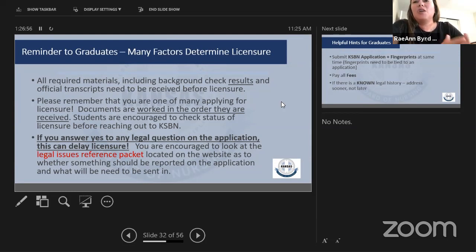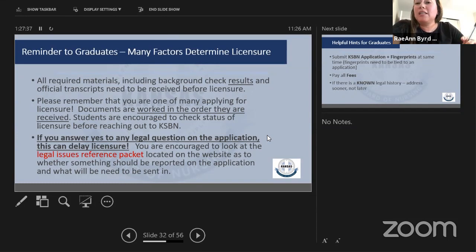The other thing I was speaking to Janelle about this morning is that COVID has changed a lot for us. Especially with COVID, the mail is a problem sometimes. People say that they mail things and we just get it slower, or it moves slower. The other big thing for your students, if they have any questions once they get to the application and the legal questions, they can always reach out to us, because typically if they have to answer yes to that legal question, they do have to send in some additional documentation and they do have to go to the legal department to be reviewed.